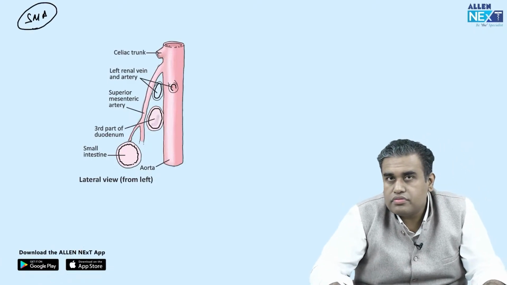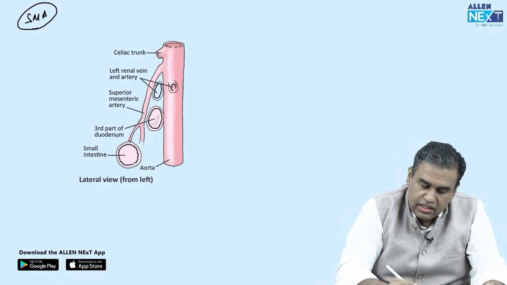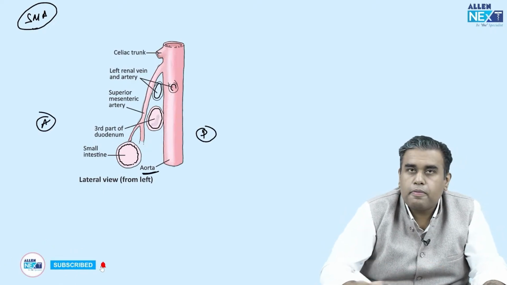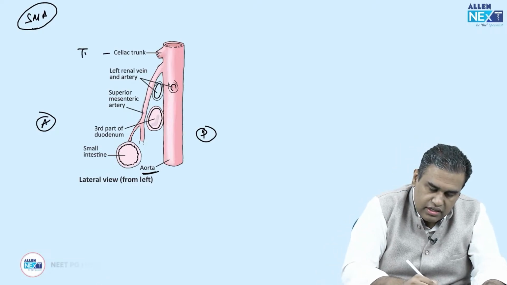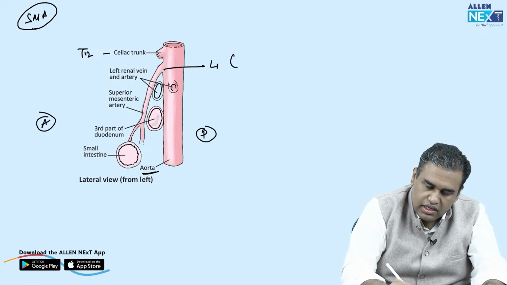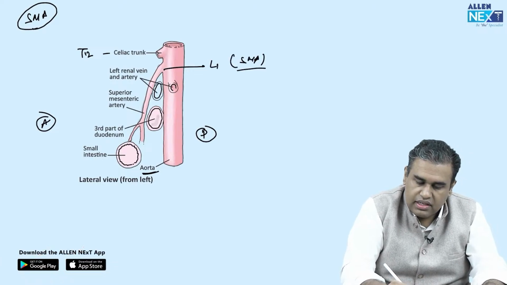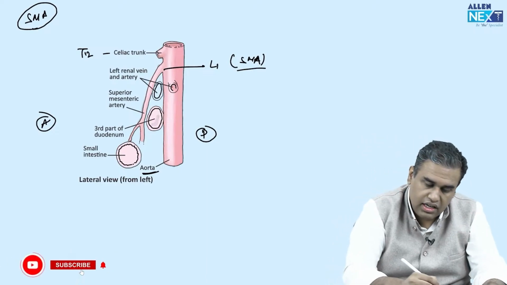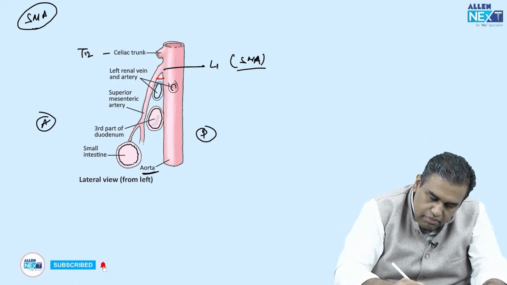This is a lateral view. You are looking at a lateral view. ध्यान से देखिए. This is the aorta over here. पोस्टीरियर एस्पेक्ट, एंटीरियर एस्पेक्ट. T12 लेवल पे निकली सीलिएक ट्रंक. L1 लोअर बॉर्डर पे निकली सुपीरियर मेसेंटरिक आर्टरी है. लेट्स से L1 पे निकली SMA. SMA supplies the midgut. ये नीचे जा रही है. But between the angle of SMA, अगर यहाँ पे मैं रेड कलर से एंगल बनाऊं, between the angle of SMA